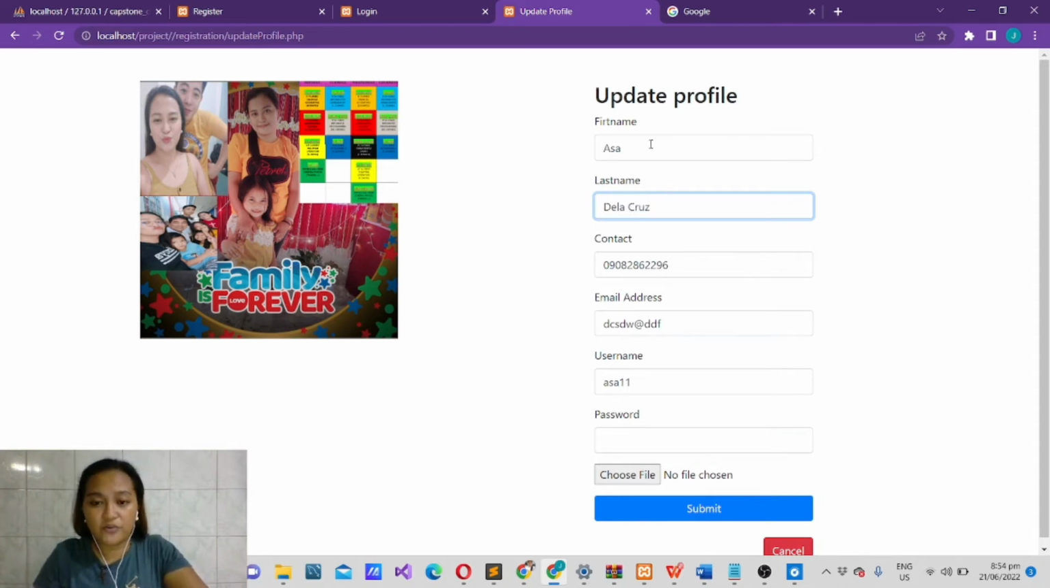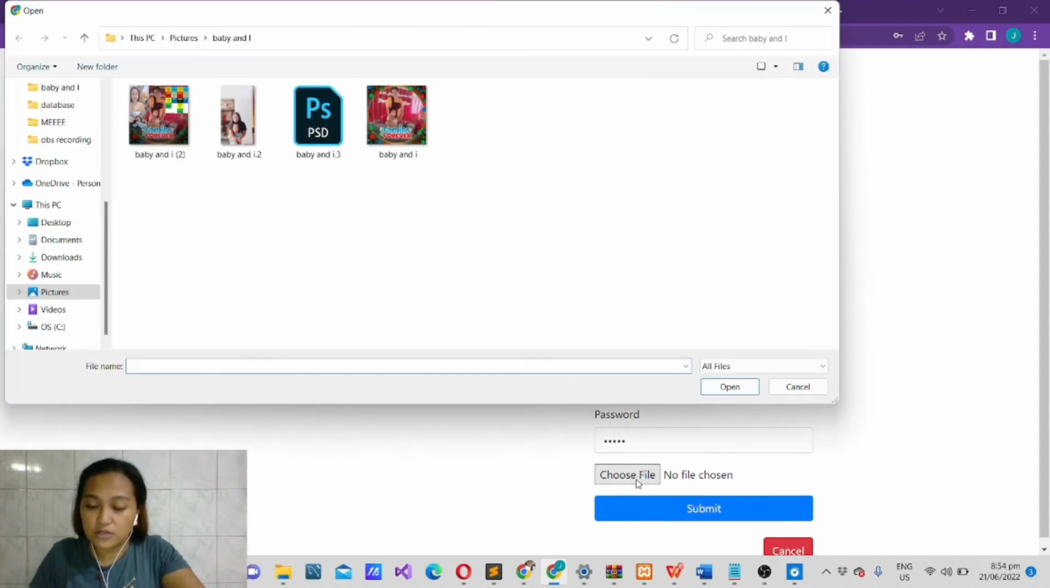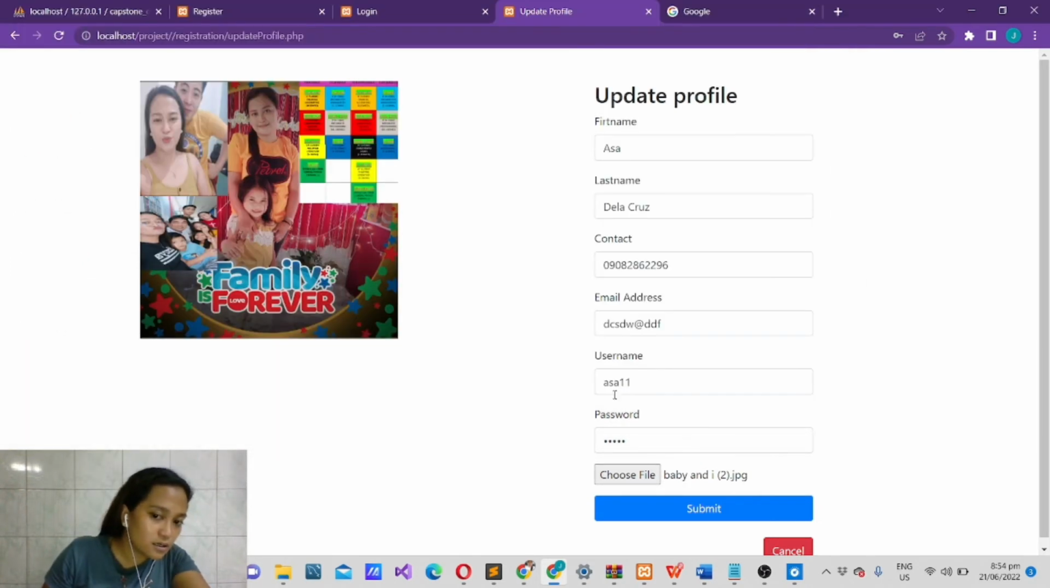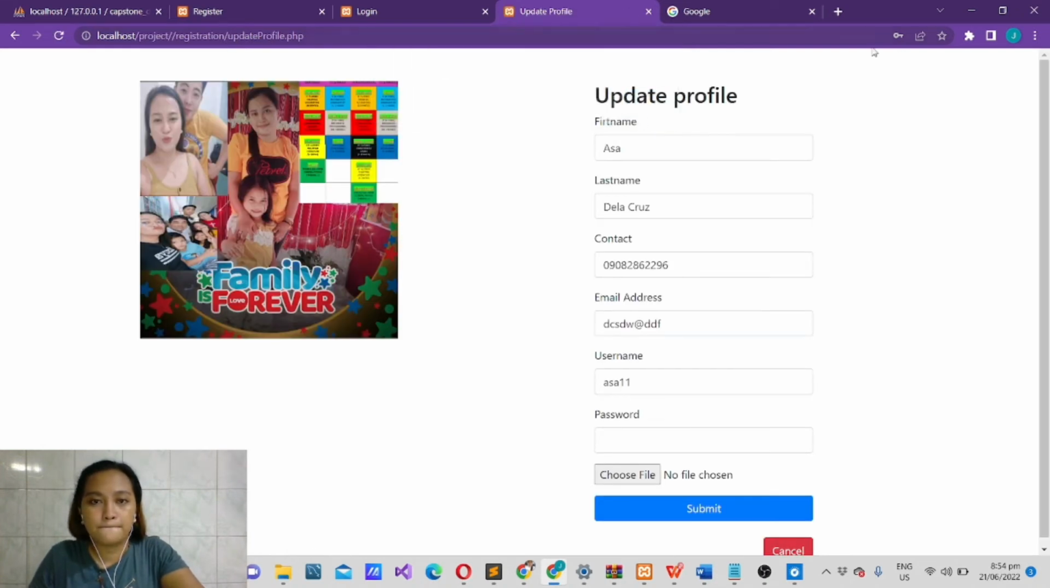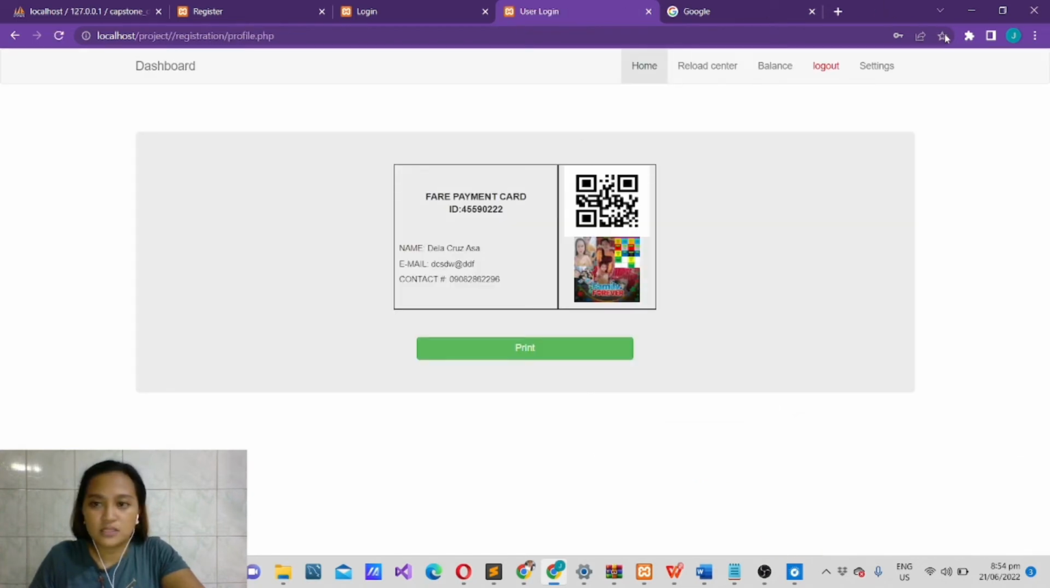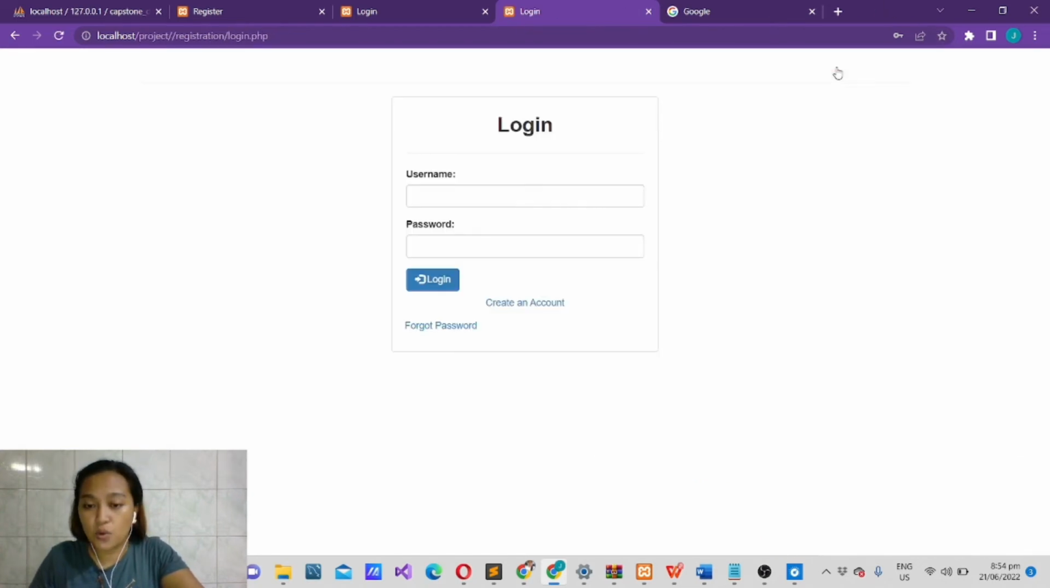But in here, you have to provide all the necessary things again, like the password. You have to provide that to verify that you're the one updating the account. And then you have to input your profile again, and then we just have to submit it, update successfully. Then we just have to cancel, and then go back. Now let's go back and log out, and we will try the forgot password, which